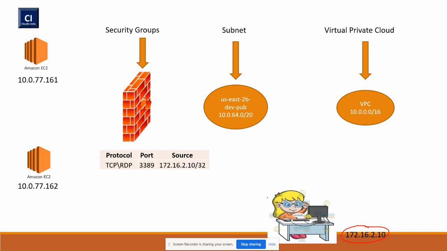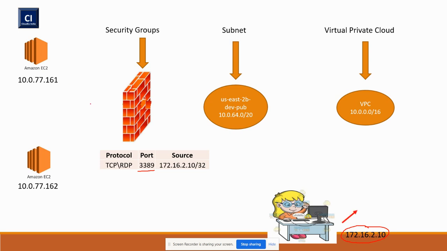And you have created a firewall rule or security group. If you want to allow this user to take the RDP connection of your system, first of all, you have to allow this IP in your security group on port 3389, and then you have to apply this rule onto the desired system, right? Whether you want to let this person access this or both. You can apply a single security group on multiple systems or one system, depending on you.